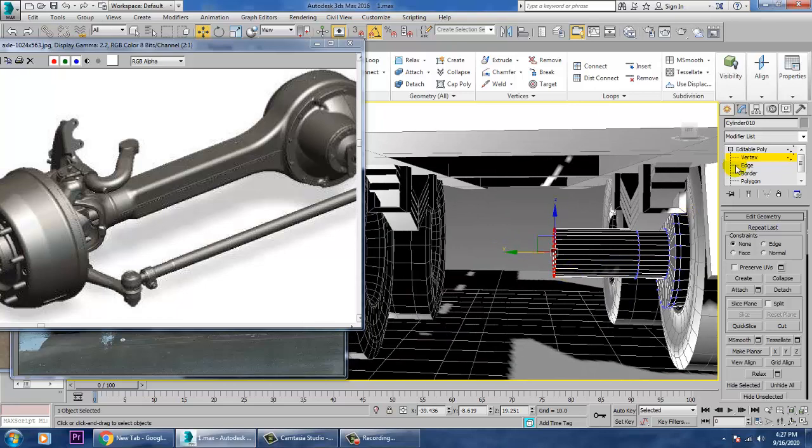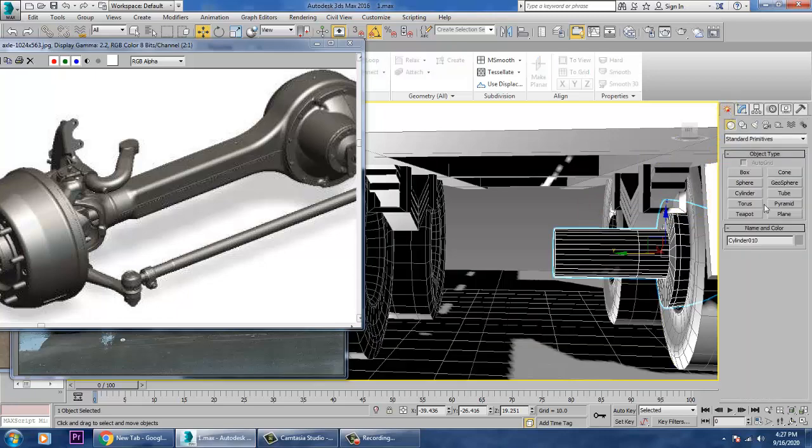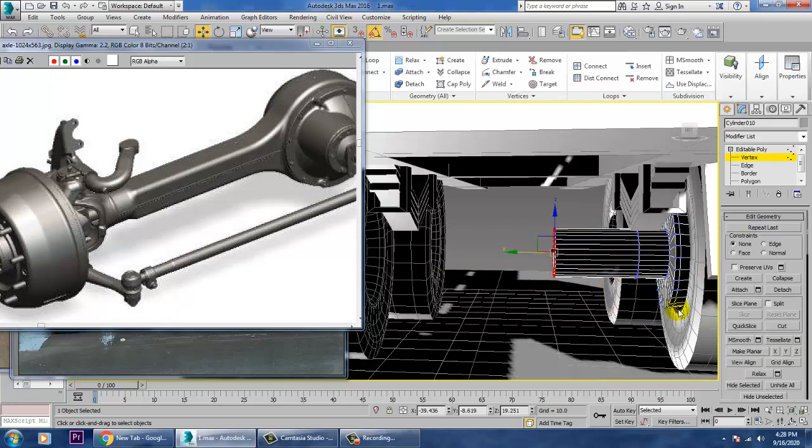After that, we'll be placing one cylinder over here. Definitely you can make a tube and you can also push it in this way, not a problem. That can also be generated if you want.